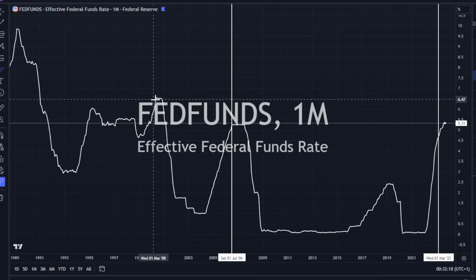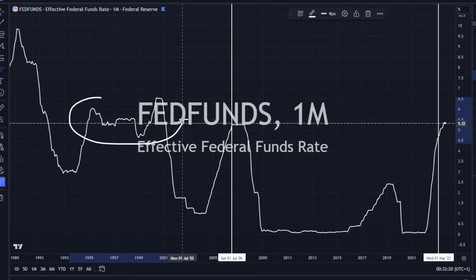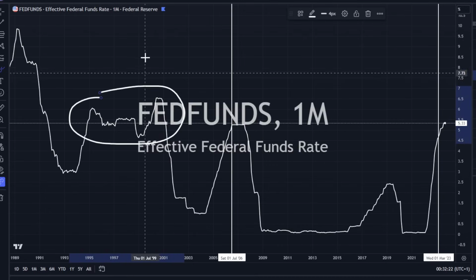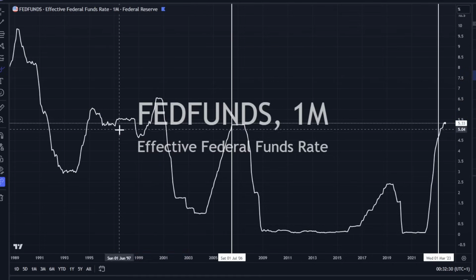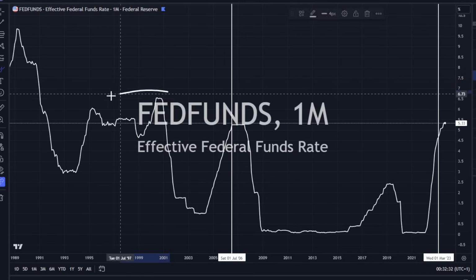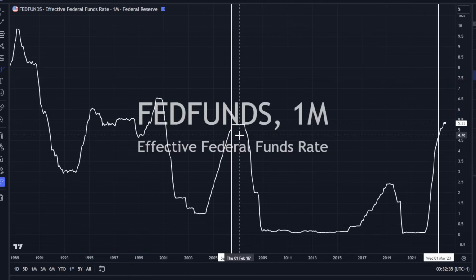And these were the previous cycles. This was held higher for longer there, that's for sure. And that was from 1995 all the way till 2000. That's a 5-year hold of higher interest rates. I mean, they came down a little bit, but it was held high for a pretty long time back here. They held it here from '06 all the way to July '07.